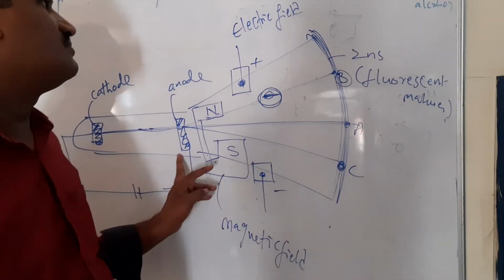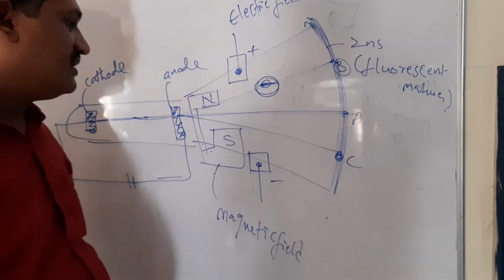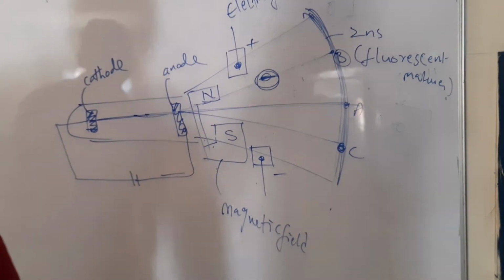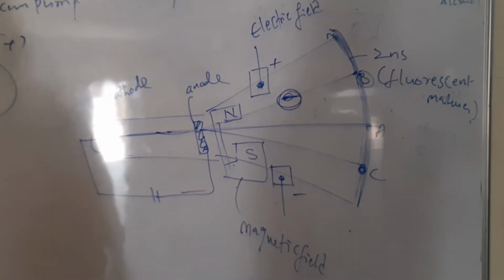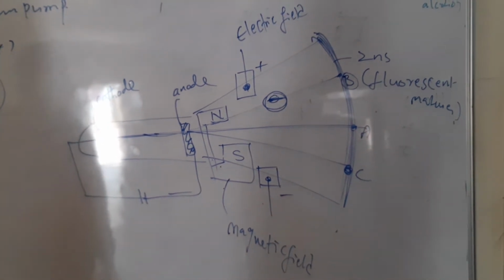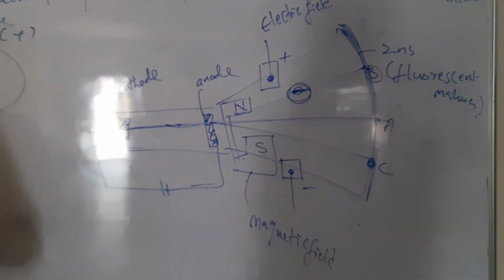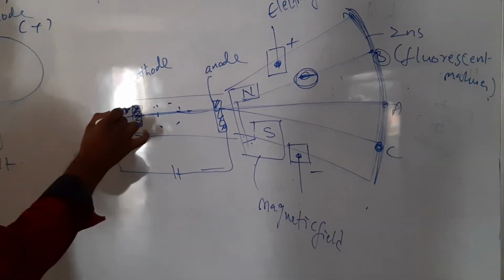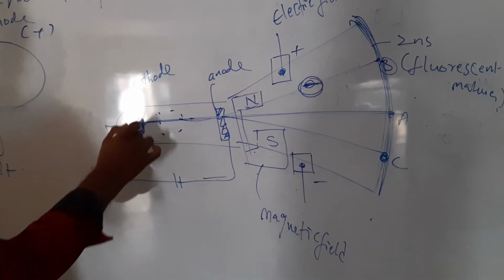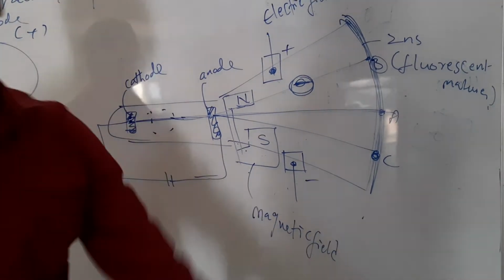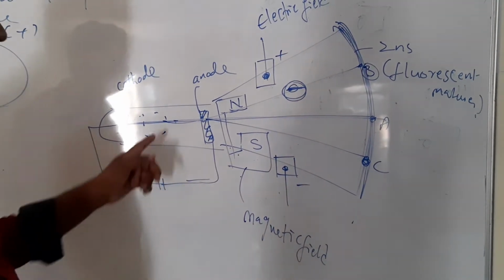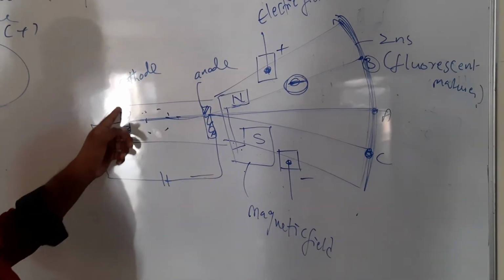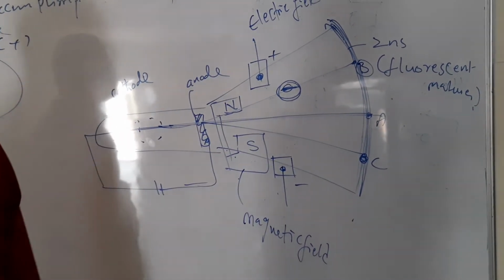They are attracted towards the positive plate in the electric field and the south pole in the presence of a magnetic field. So this is the cathode ray electron discovery by Thomson. Now, irrespective of the nature of the gas taken here and irrespective of the nature of the metal taken in place of the cathode, the same thing we can observe. Any gas you can fill here, and any metal plate you take, the same thing we observe.